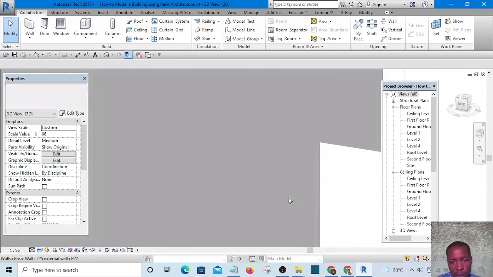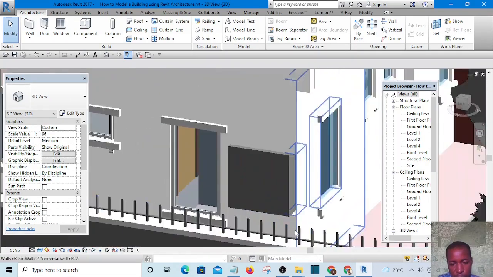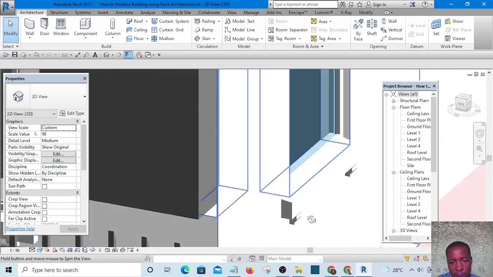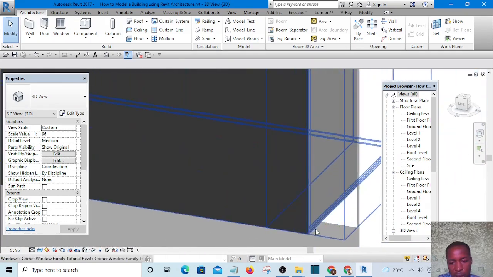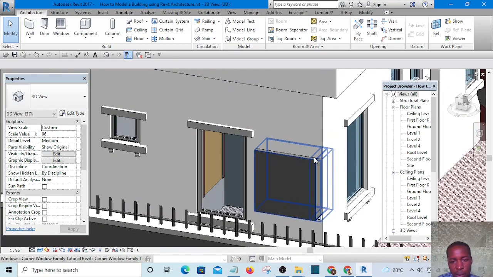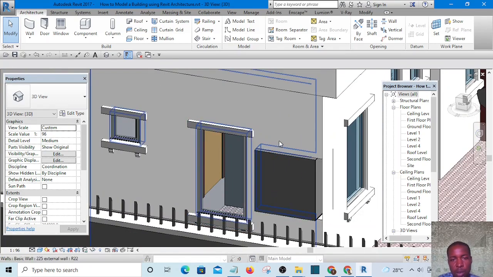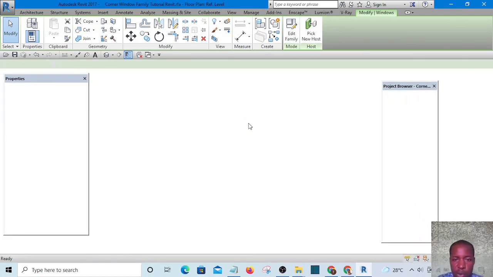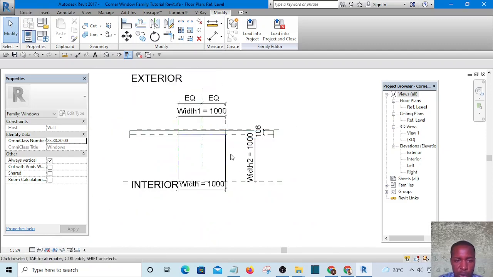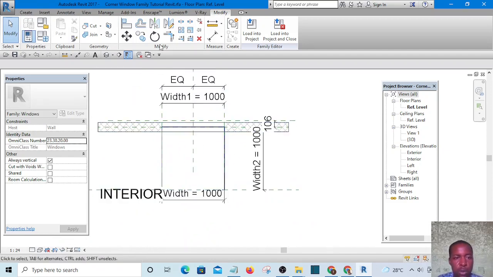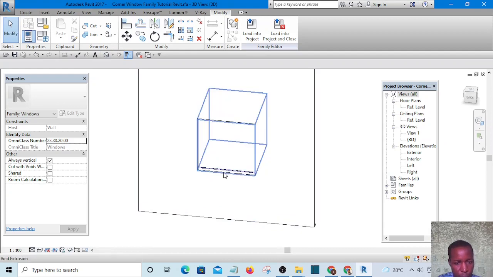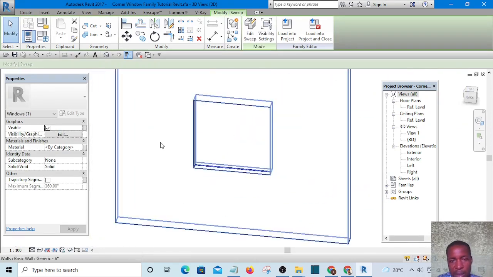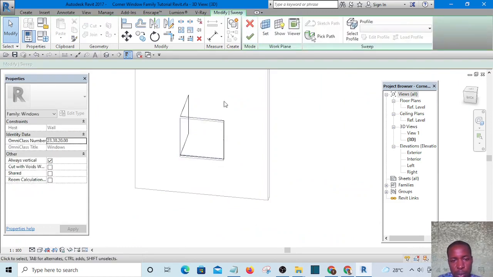Does the mullion go in the direction we want it to go? Okay, it did not go in the direction. It is on the opposite end. The mullion is supposed to go this way, so I'm going to reverse it. I'm going to reverse the mullion. So I'm going to edit the mullion, edit sweep,